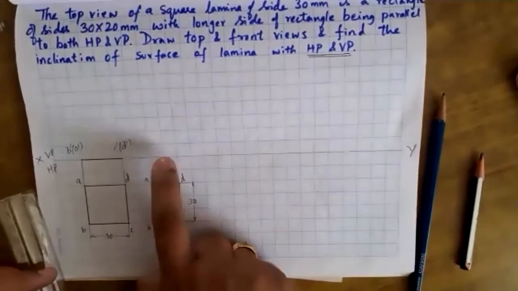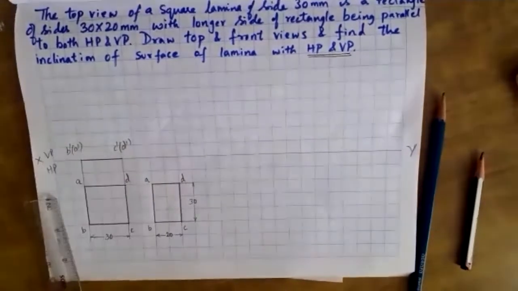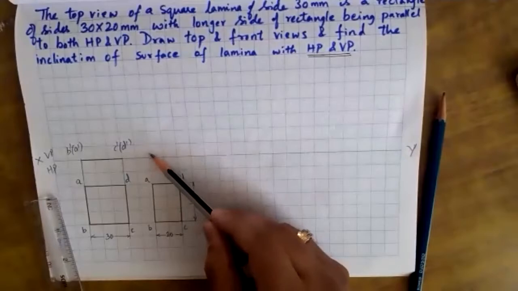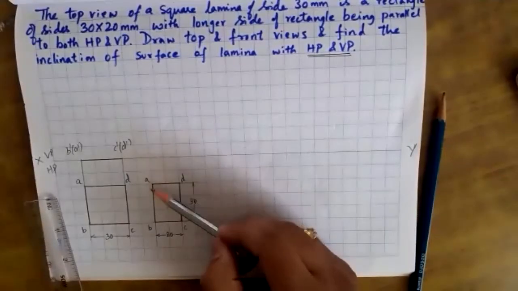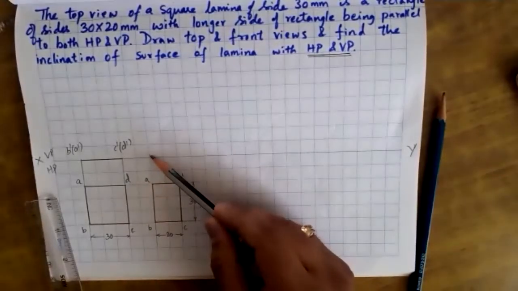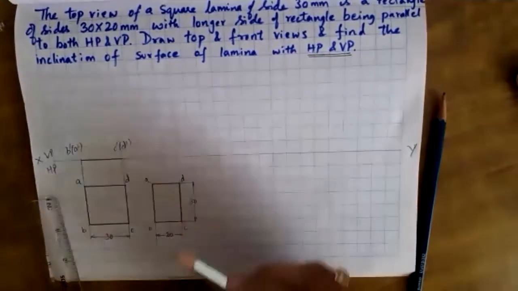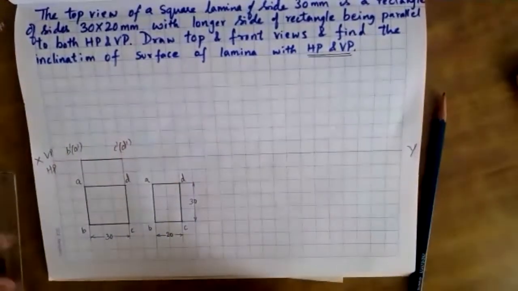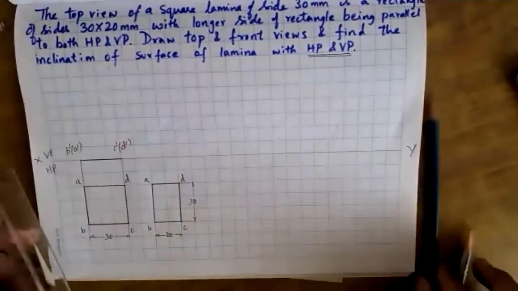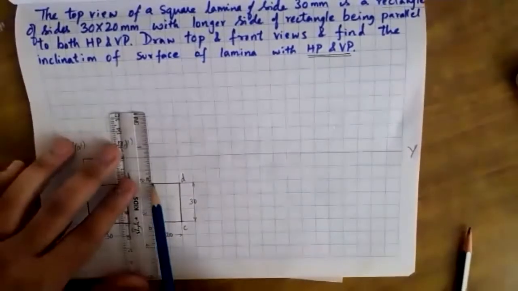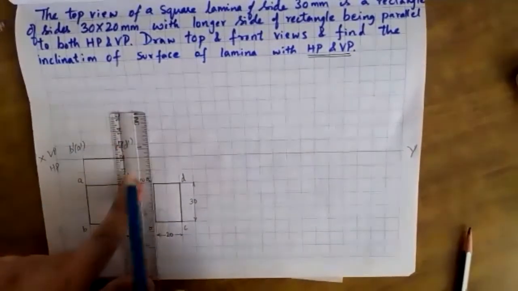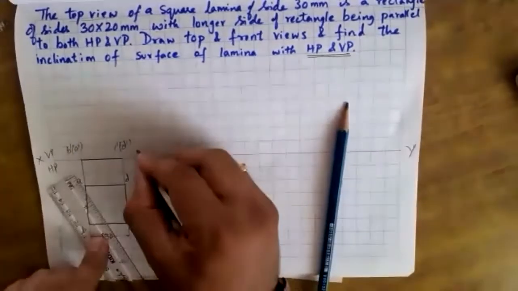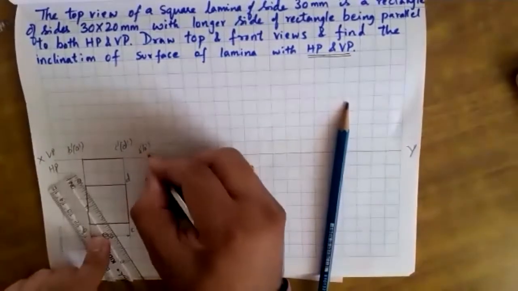But step by step, everything is important for us. So here I'll draw a line towards the right hand side. That means I'll keep edge AB on HP. You can keep DC also, no problem, but I'll continue with AB on the XY line. From A, I'll draw a line till it meets this XY line. Again from B also, and name it B dash of A dash. This is the position.